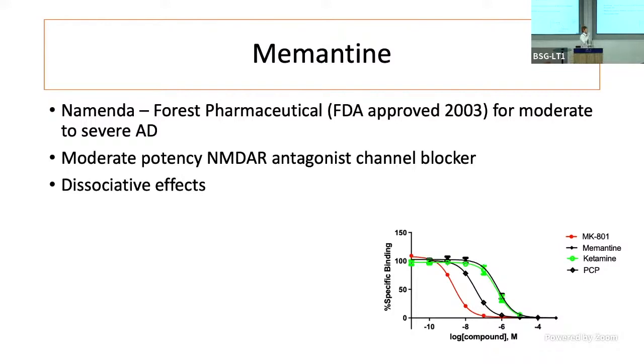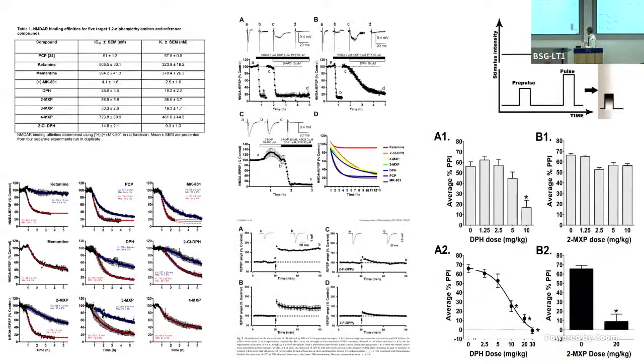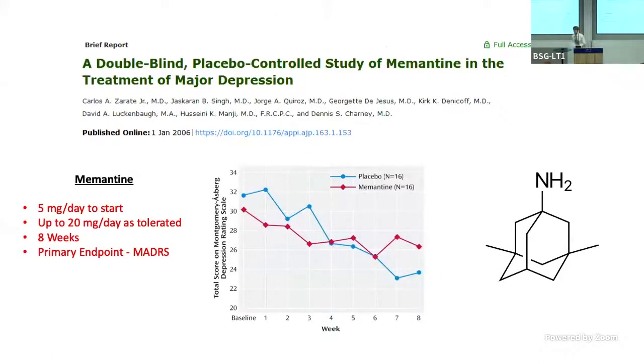And I think that's one reason you would never want to use memantine in the way we use ketamine at dissociative doses for depression, right? You think 2 to 4 hours is bad to monitor patients? Just imagine 2 to 4 days. So that's my hunch. And when you see the trials that have looked at memantine, it's the same potency as ketamine, right? Same binding, and actually the dose per milligram, it's similar potency.